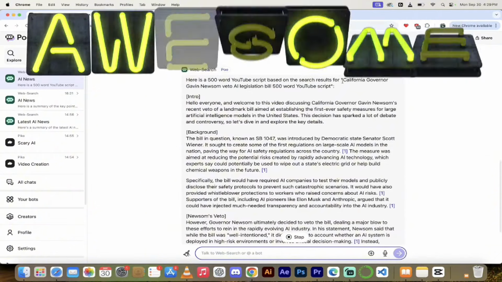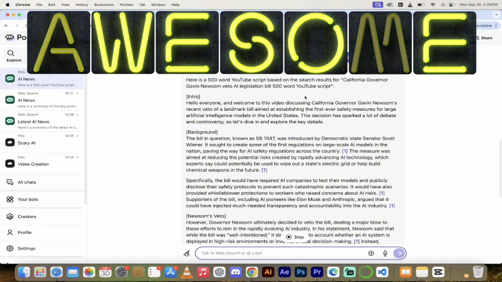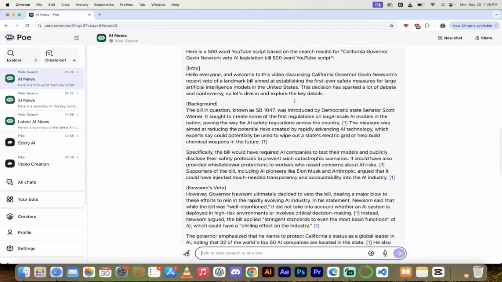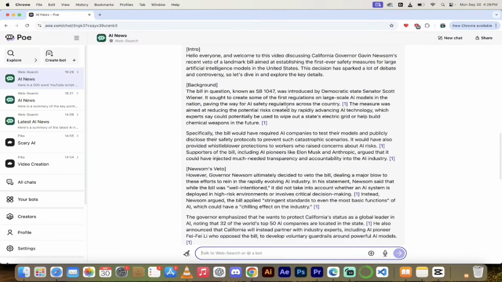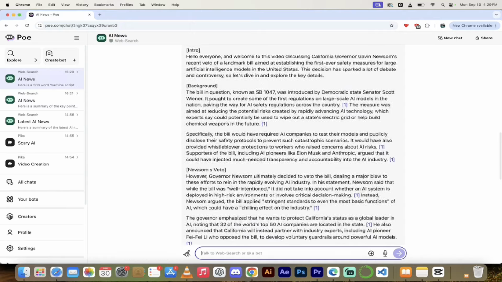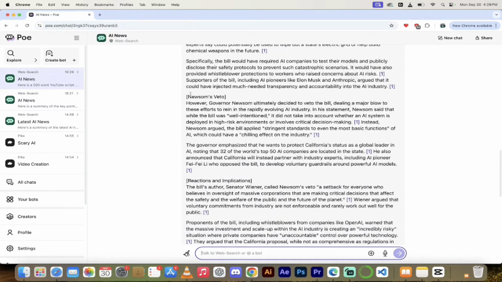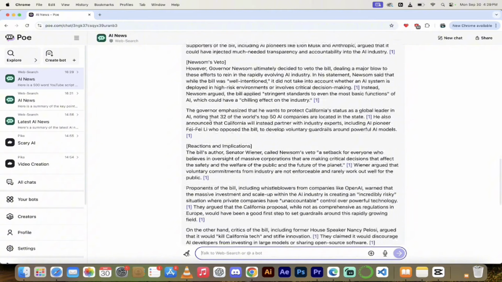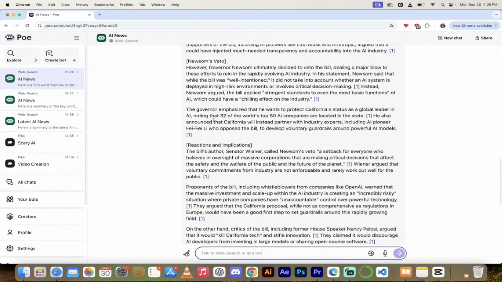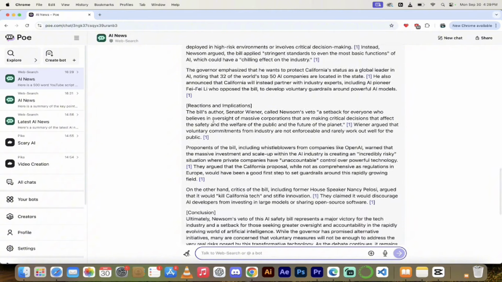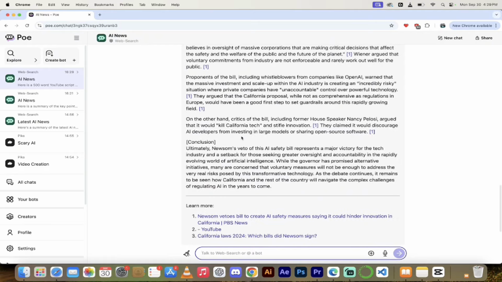We've got something real good here. So it gave us a title, California Governor Gavin Newsom vetoes AI legislation bill. Okay, we can go with that. Here's the script. Intro. Background. Newsom's veto. It talks about the veto in here. And again, I'll let you guys go through this. I'll put this in the description here below. But the bottom line is it has helped us